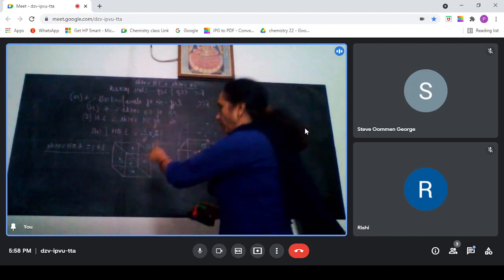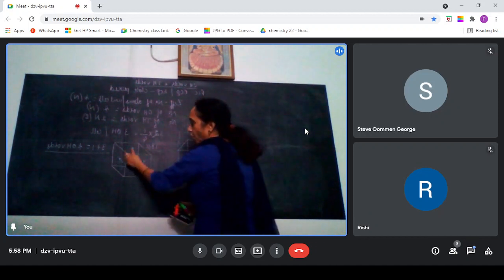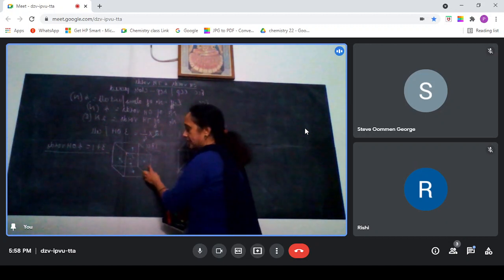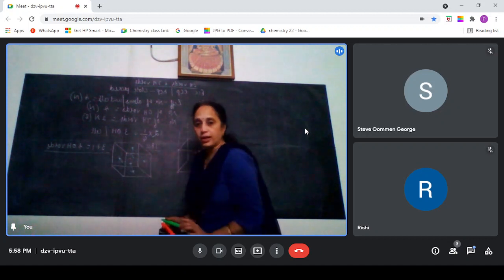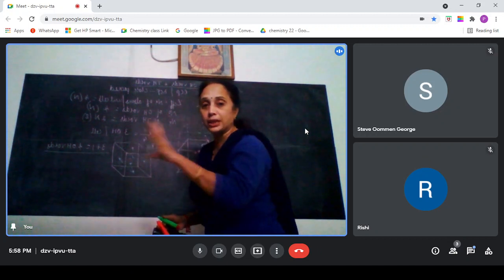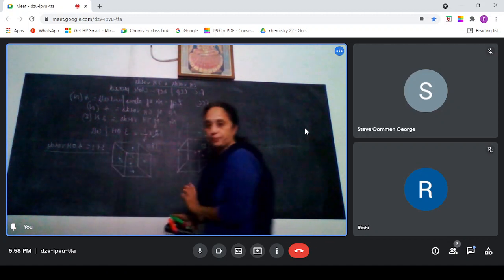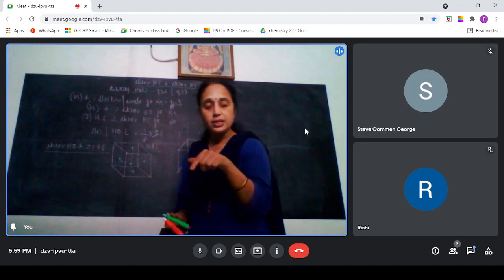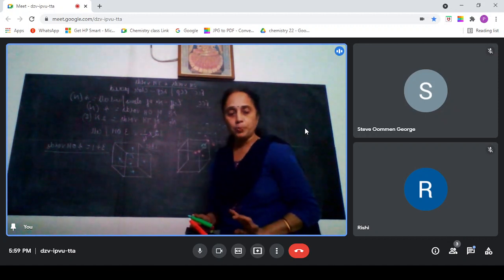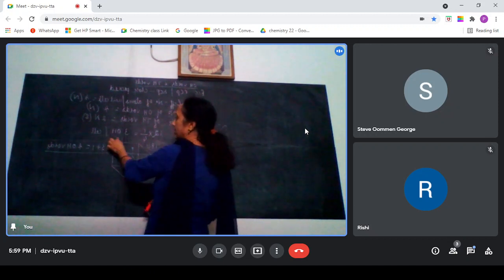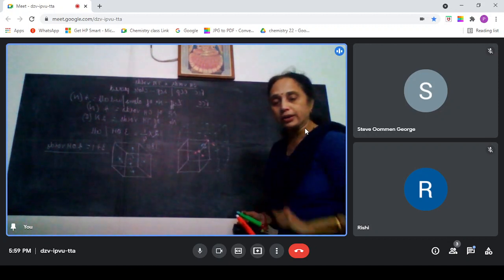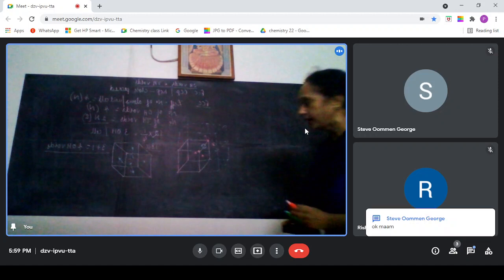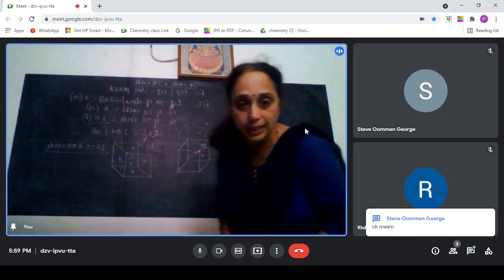Octahedral void from body center, it is 1. If you join all the 6 face centered particles, you will get one octahedral void which belongs completely to that cell, so it contributes completely. And you will have one octahedral void at every edge. There are 12 edges, and each contributes 1/4, so 1/4 of 12 is 3. 3 plus 1, 4 octahedral voids. Now you have to learn how 8 tetrahedral voids are created. Is that clear?